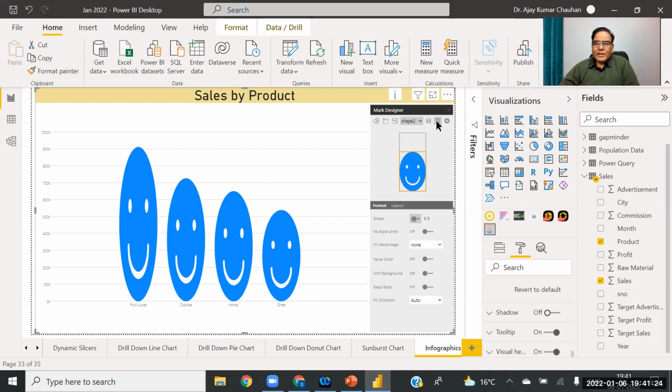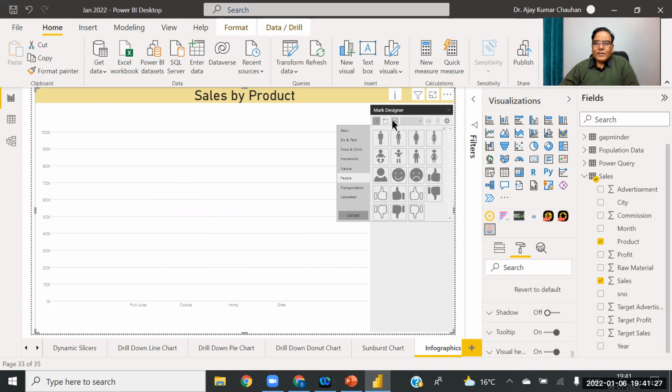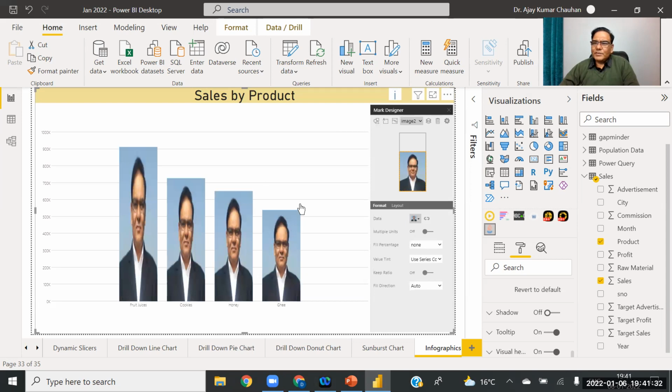But frankly speaking, I like the insert image portion this much, because you can insert yourself in the columns and the columns look more attractive. In presentation, you can do this also. So that is the different thing that infographics gives us. So I hope you like this infographic, and if you learn it, you can do many more things here.